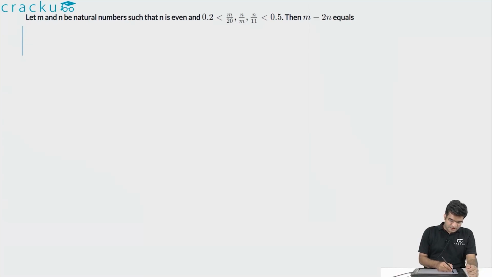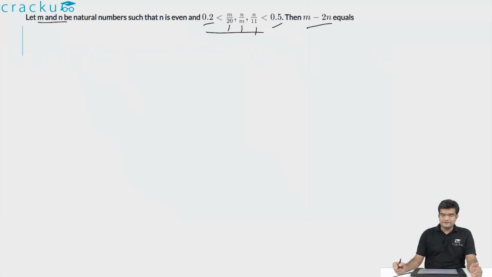In this question we are told that m and n are natural numbers such that n is even, and we are given some inequalities. We are told that all the three expressions m by 20, n by m and n by 11 are greater than 0.2 and less than 0.5, and we are required to calculate the value of m minus 2n. So let us analyze each of the three inequalities and try to figure out the values of m